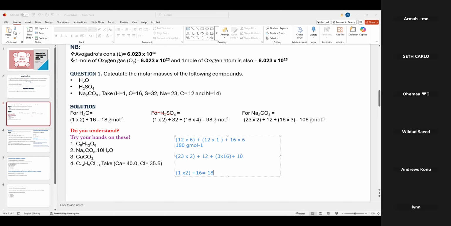But that 10 is multiplying this molar mass of water. As you can see, 10 moles of water. So that 10 is multiplying the molar mass of water. So our molar mass will now be